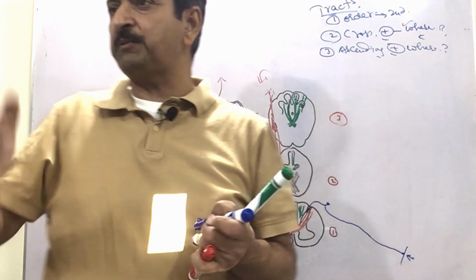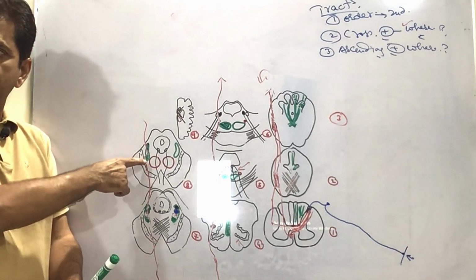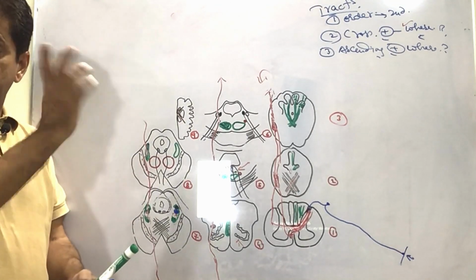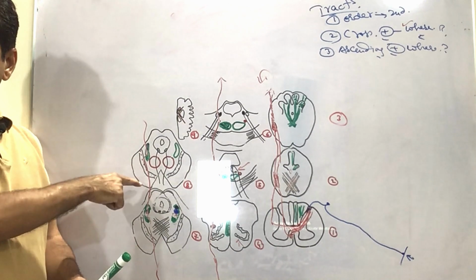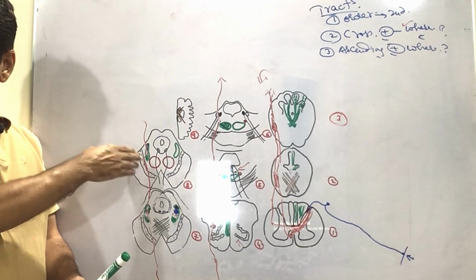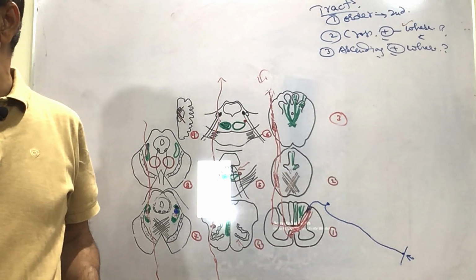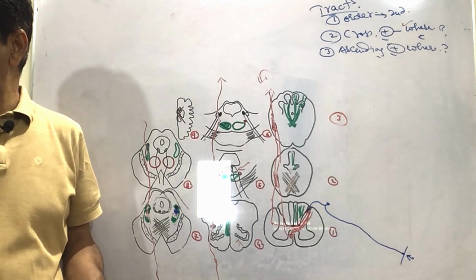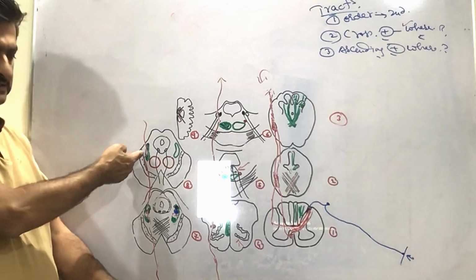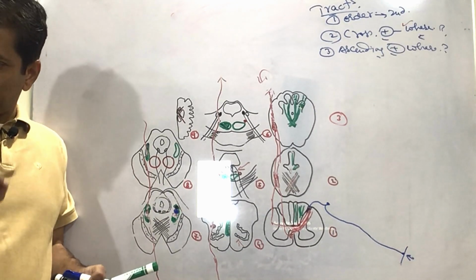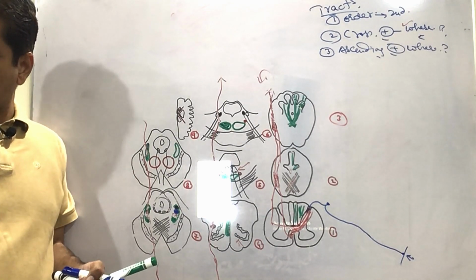So if it is not present in the superior midbrain, how many lemnisci will be present? 3. If the 3 are present, then this spinal lemniscus will be present in any 1/4 or only 1/3 now. Which 1/3? Middle 1/3, obviously. Second one means the middle. So it is present in the middle 1/3 now.